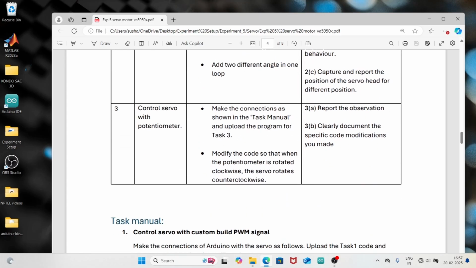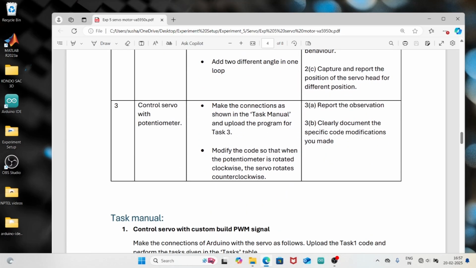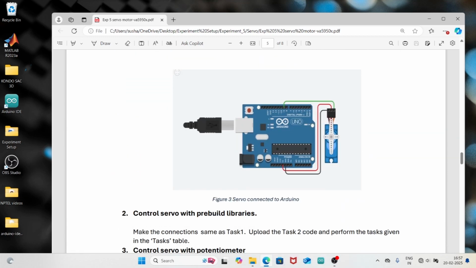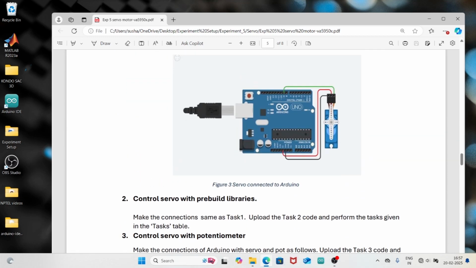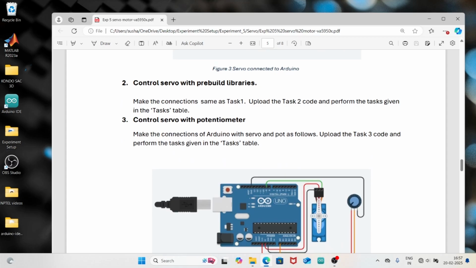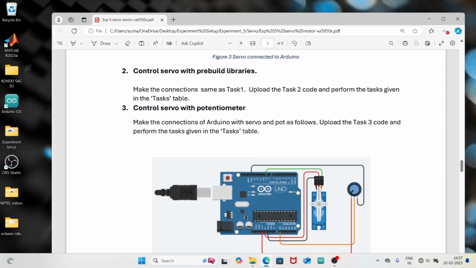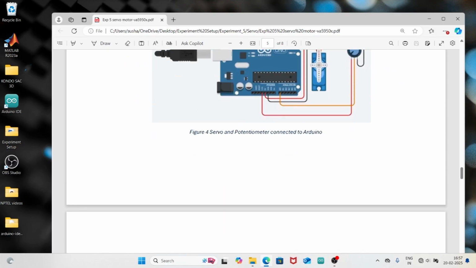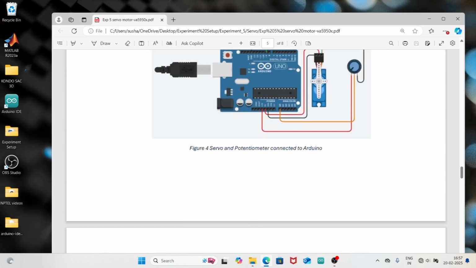So what we'll do is look at the task manual. This is the microcontroller and the connection. This is how the microcontroller is connected to the servo motor. The first is we are going to control the servo using pre-built libraries. That's the second one. The third one is control of the servo using a potentiometer. Okay, so let's